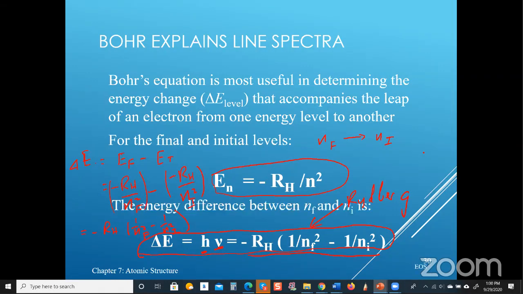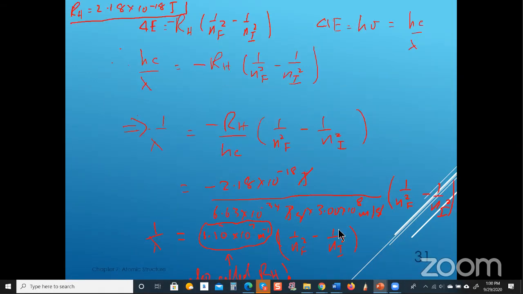Now there's another form of the Rydberg equation. I was working on this earlier today, so let me just show you what this is. This is the original Rydberg equation right here: delta E is equal to minus RH times 1 over NF squared minus 1 over NI squared. Remember also that delta E is equal to h nu, which is equal to hc over lambda,